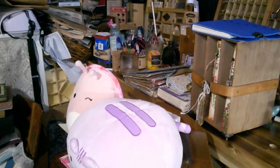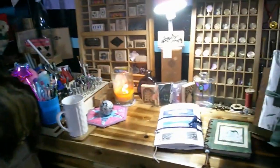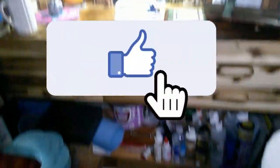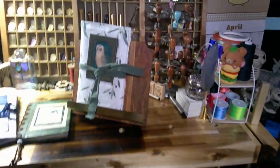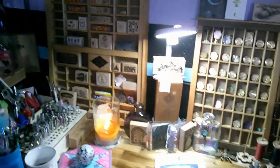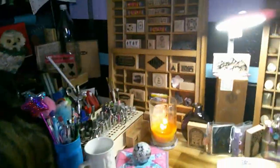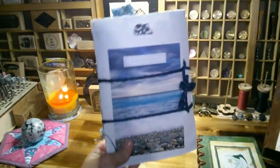Haha. See you. Yay, it's pretty clean. It's a couple days later, but I can even sit in my chair. Yay! I put my favorite journals up here so that they're out and I can work on them. But I like, isn't that cool? Anyway,